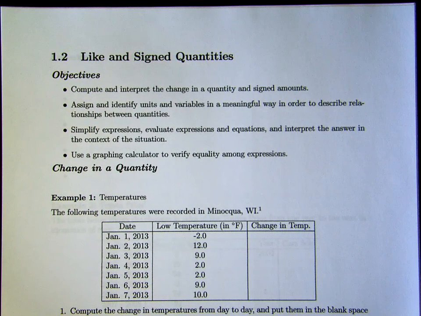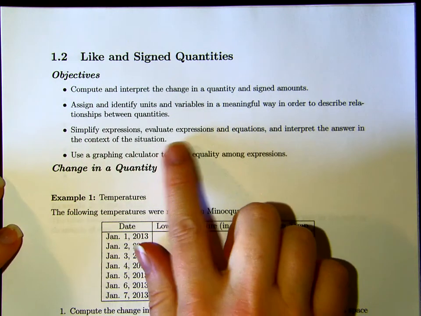We're going to talk about section 1.2 from your textbook. The authors, Mercer and Sebecki, title it, Do You Have Anything to Add? But, of course, I retitled it in the notes to what it's mathematically about, like quantities and signed quantities. There's also going to be a touch of variables in there too, but you can kind of get that hint